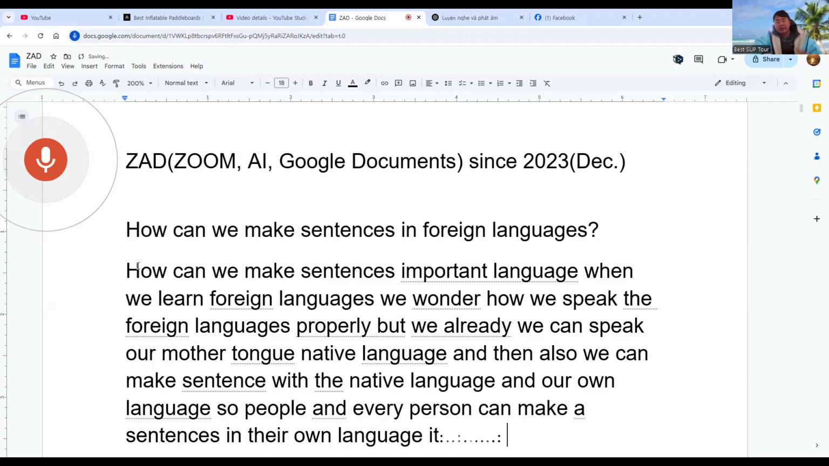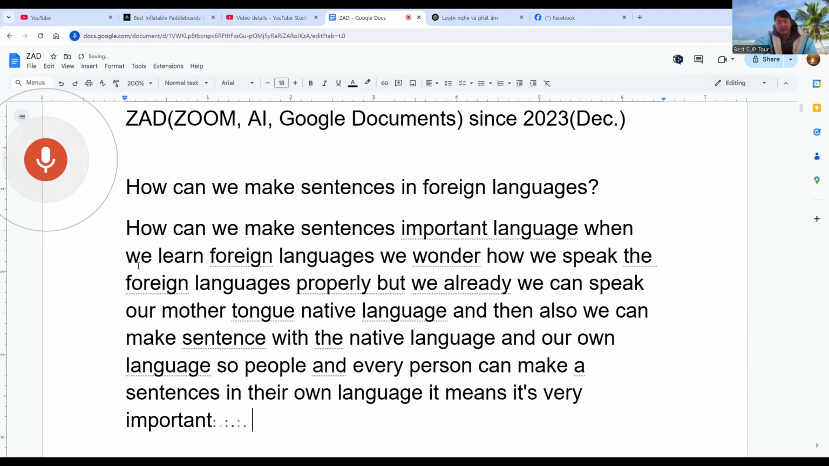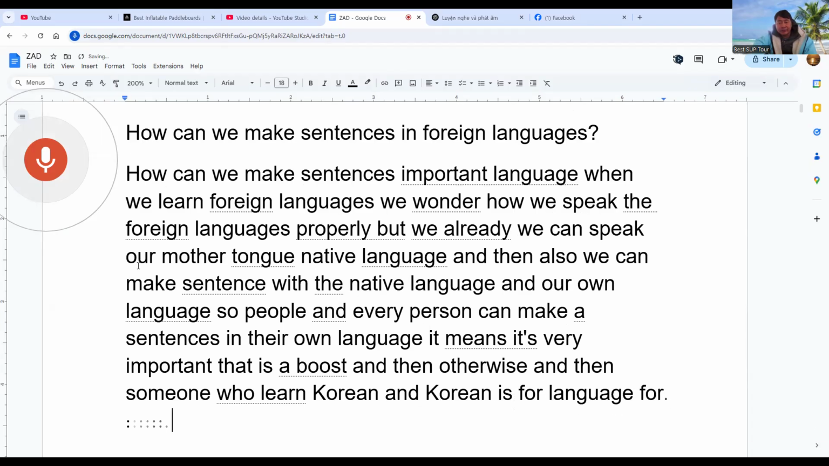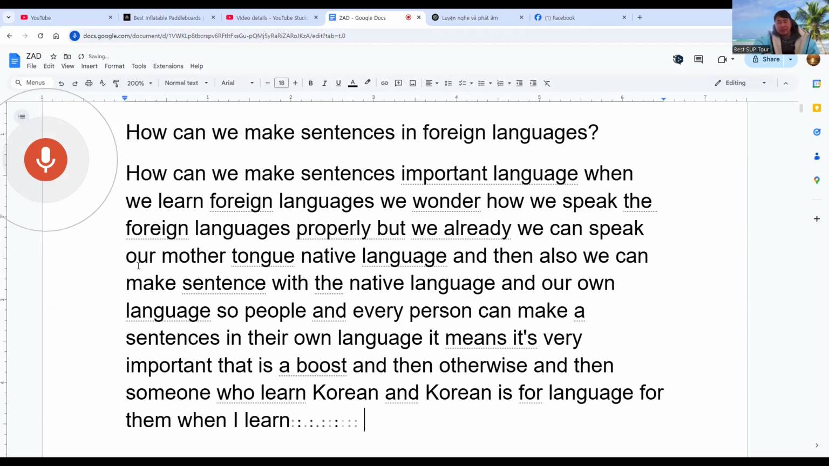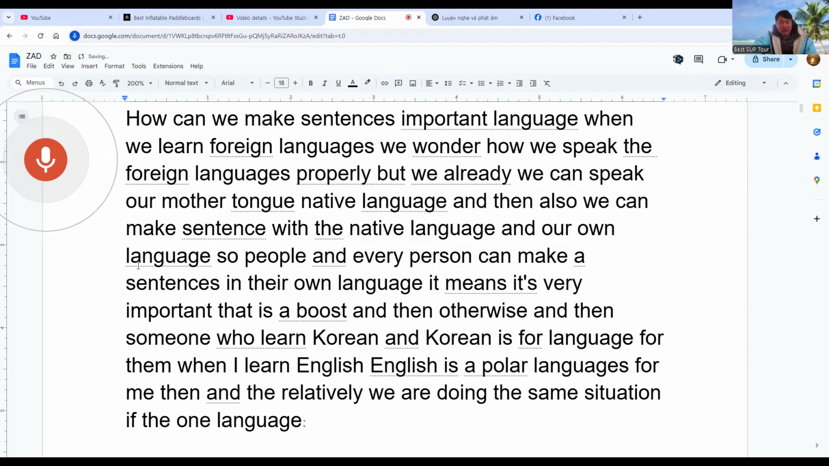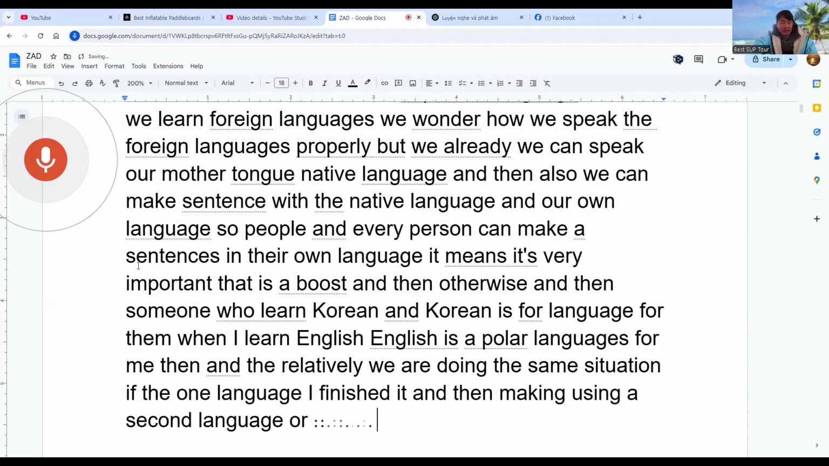It's very important. Someone who learns Korean, for them Korean is a foreign language. When I learn English, English is a foreign language for me. Relatively, we are in the same situation. If I have finished one language and then use a second or foreign language, it's much easier